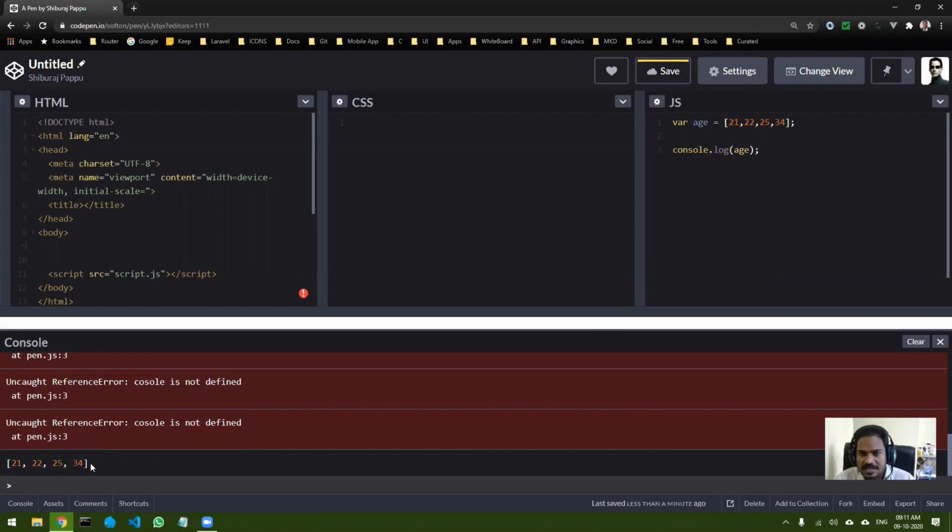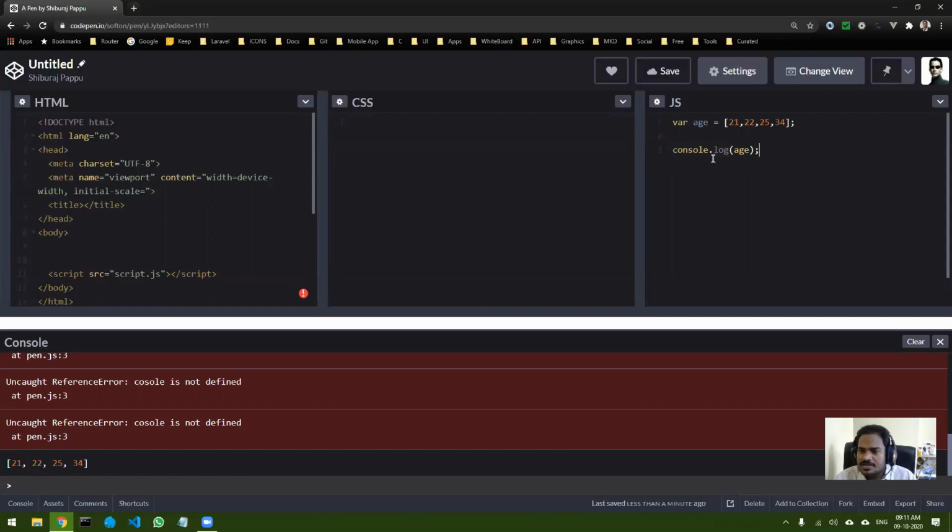Now you can see the beauty of using console.log. Whenever you are debugging your program, this console.log is going to help you a lot. I frequently use this, but in your final application you will not be using console.log anywhere. So that is one thing to understand: console.log is only used for debugging purposes.